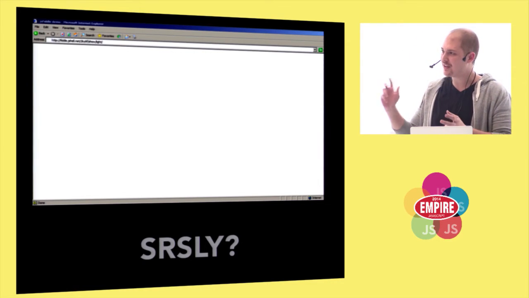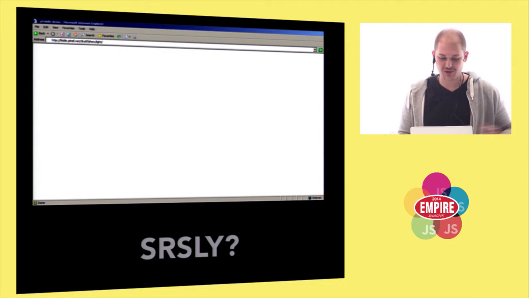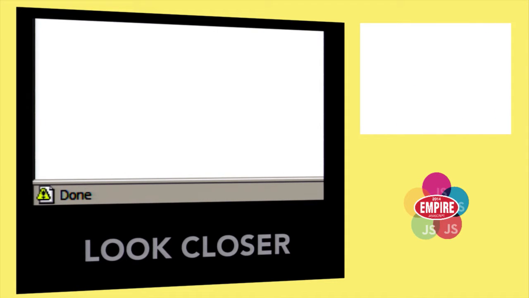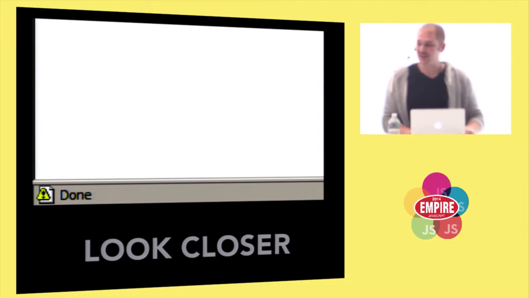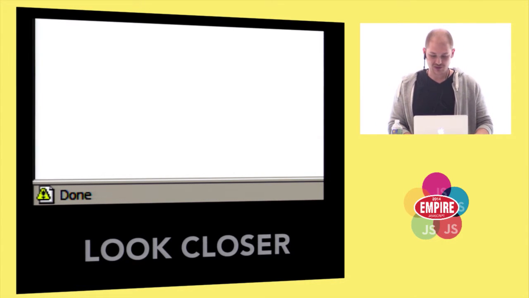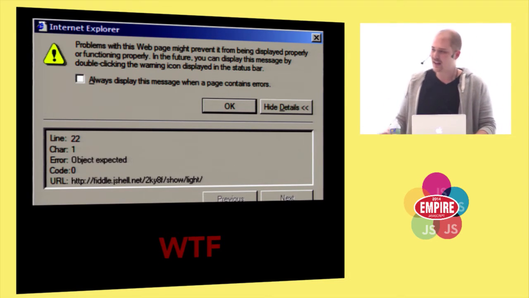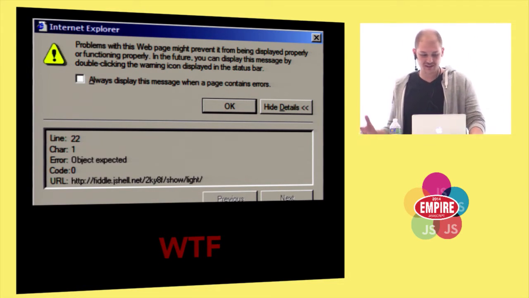Finally, I noticed something yellow in the right bottom corner. You may see it. But then I saw this. This little guy was just chilling there. I thought it might be trying to tell me something. So I clicked it. And sure enough, it was trying to tell me that there was an error on the page. And it gave me this cryptic message, "object expected."